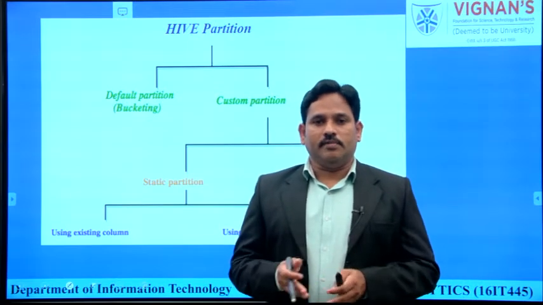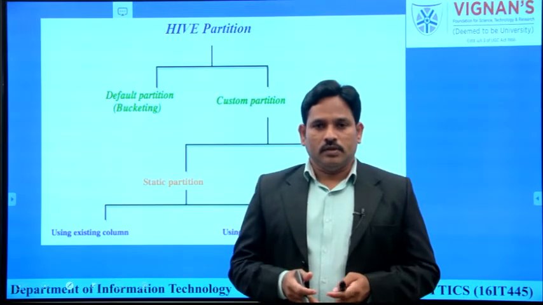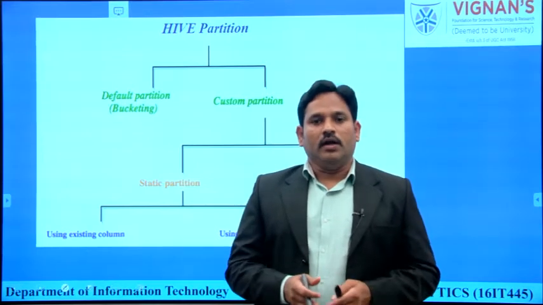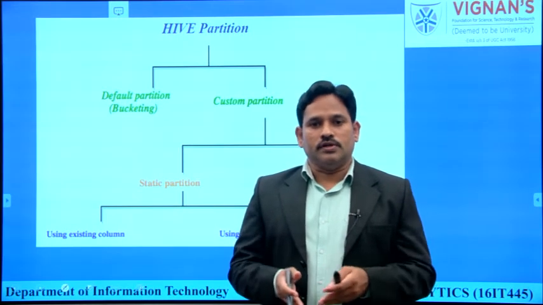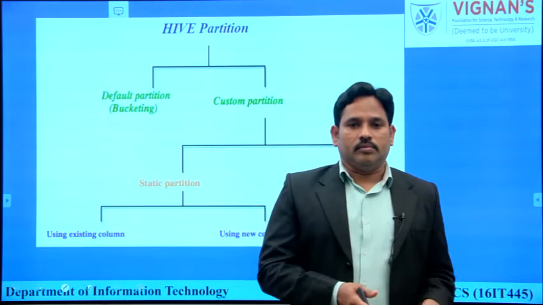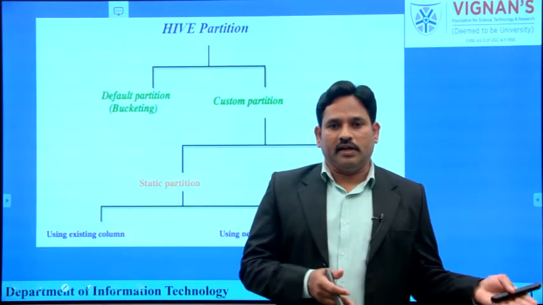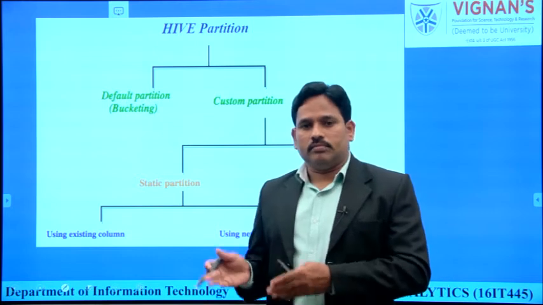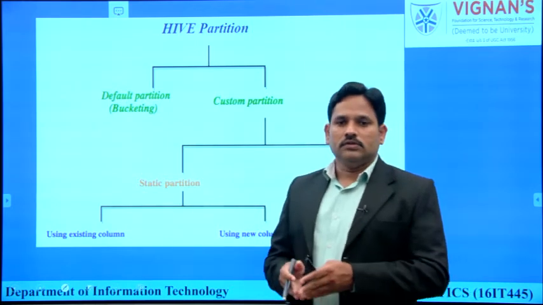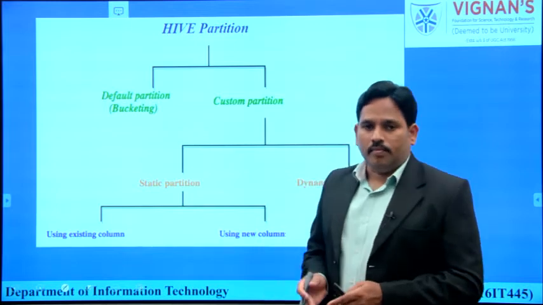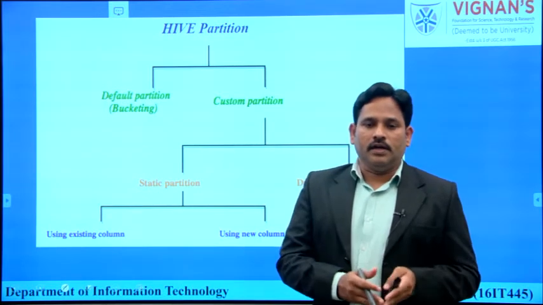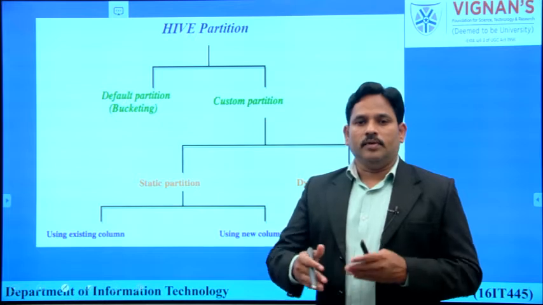Let us take a database that has 1000 tables. Instead of storing all the 1000 tables in a single location, let us distribute them into 10 different partitions. Every partition will have 100 tables. If you have 1000 tables, every partition will have 100 tables and we divide it into 10 partitions. Total will have 1000 tables. That means the total work or data located in a single location is distributed among 10 partitions.